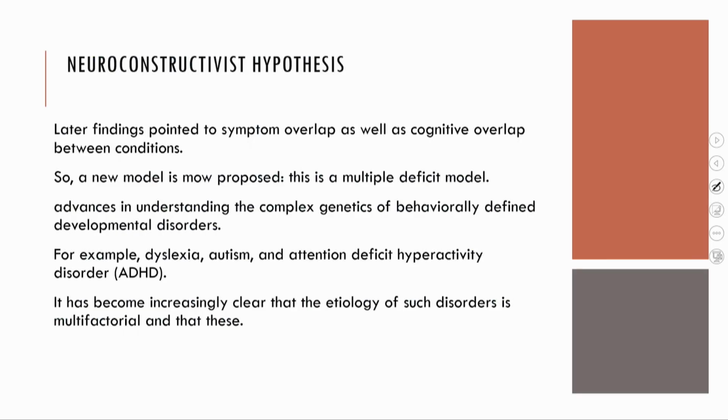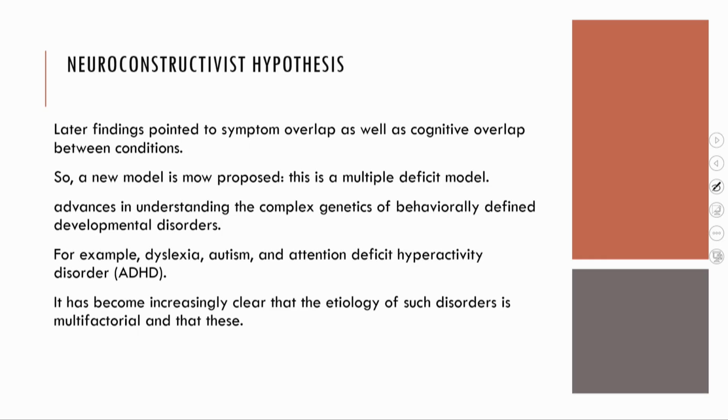However, over a period of time, this also has been updated, and the newer and more updated version of this is called the neuroconstructivist hypothesis. This is basically a multiple deficit model. The idea was that many findings from psychological, neuropsychological and cognitive science pointed to a symptom overlap. As I said in the beginning, in some cases disorders might have overlapping symptoms or sometimes even cognitive overlaps in certain conditions. So, that, alongside many other discoveries in the intervening periods, gives us the idea that probably there are multiple types of deficits that could result in different kinds of disorders,